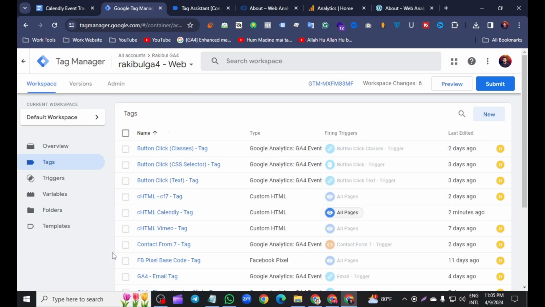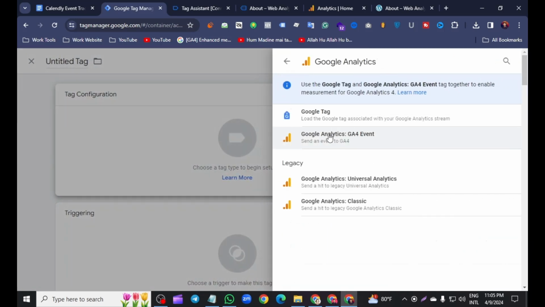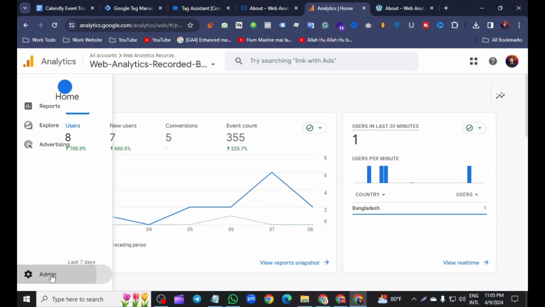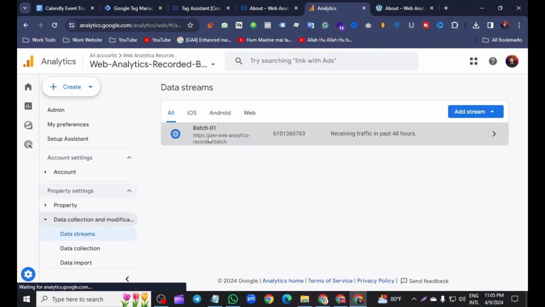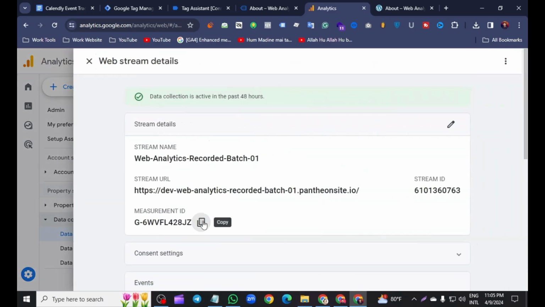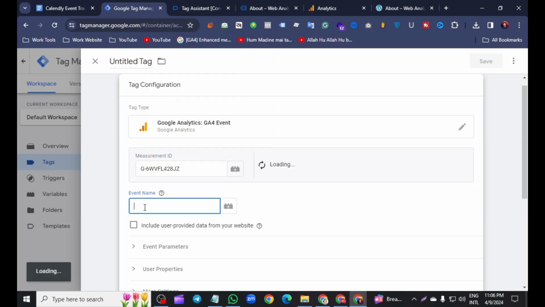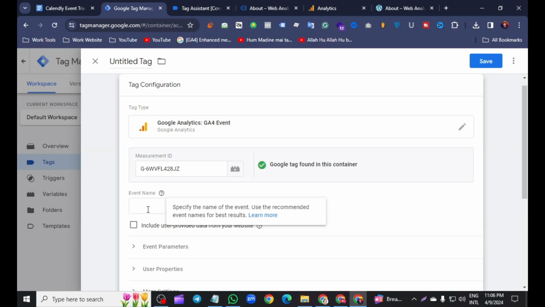Our next step is to go to the tags option and select New, click the pen icon, and select Google Analytics 4. Here we put our Google Analytics 4 measurement ID. Go to the admin section, data streams, look inside here and copy the measurement ID, and paste it here. Okay, and now write our event name. Our event name is calendar